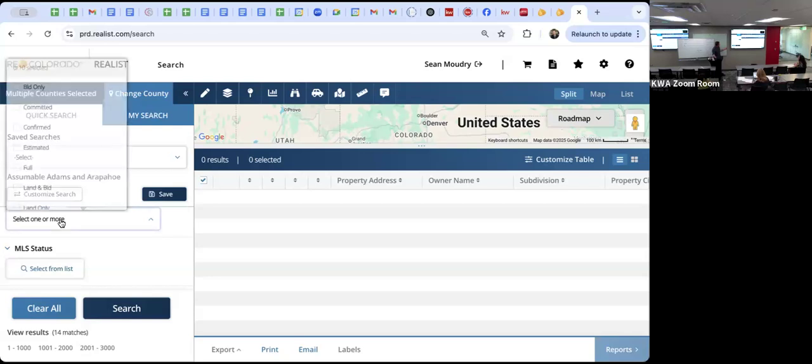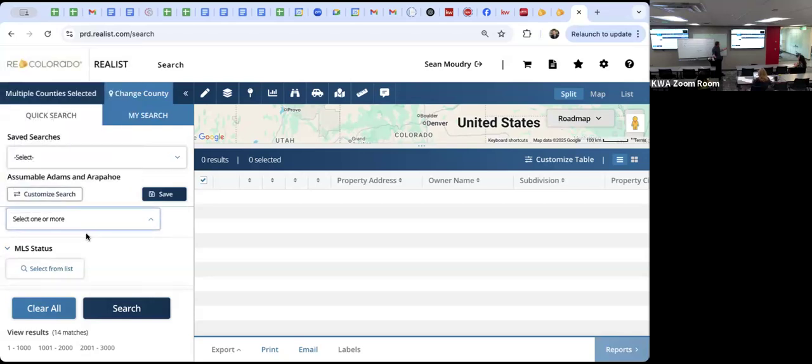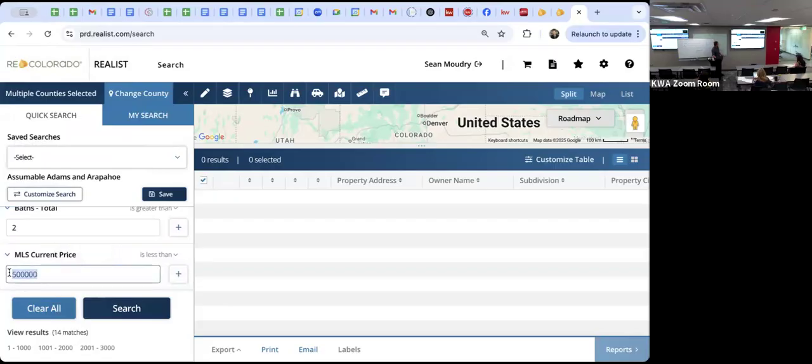Sale type. Is that property type? I don't have anything there. MLS status, active. Loan type is FHA and VA. So FHA, VA, USDA are assumable. Some conventional loans are assumable, but not all, very few. A lot of the hard money, weird stuff might have an assumable clause in there. Bedrooms, 3 beds, 2 baths, because I was looking for a single family. Current price, I'm gonna change this to 600. And that's kind of it.